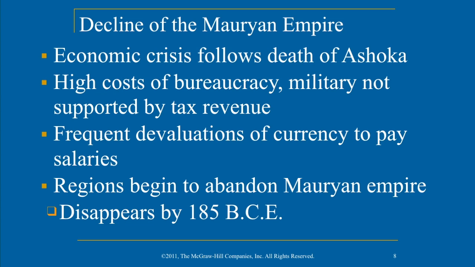Now, by devaluing the currency to pay the salaries, the Mauryan Empire actually was able to solve one problem in the short term. By being able to say that the currency that the people were given is a lot less, meaning that they give them more and more money, but they are able to say that it doesn't buy as much. The soldiers were able to collect their normal paychecks, but the money that they were receiving wasn't worth a lot of goods or services because now the market, or all the money that people have, is worth less because now the soldiers have so much of the money that was printed as a result, or minted through metal, as a result of just handing out money.